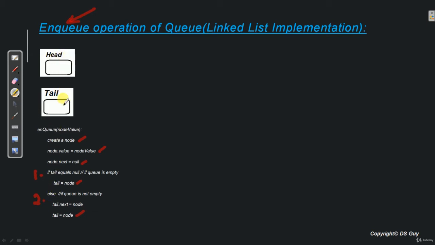So here we have head and tail. Initially both of them are null. So right now the queue is empty. So we'll first see this condition. Let's say we want to insert number 10 in this queue. So we created a node, inserted a value 10. We'll make node.next equal to null. We put null over here. Why? Because any node which is newly inserted in a queue always needs to be at the end of the queue. This is because of the FIFO property, first in first out. So we have to put a null over here, indicating that there are no more nodes after this node.